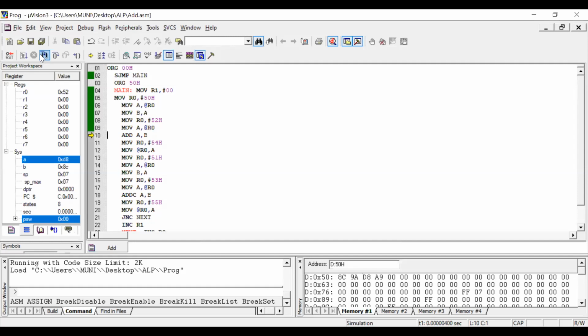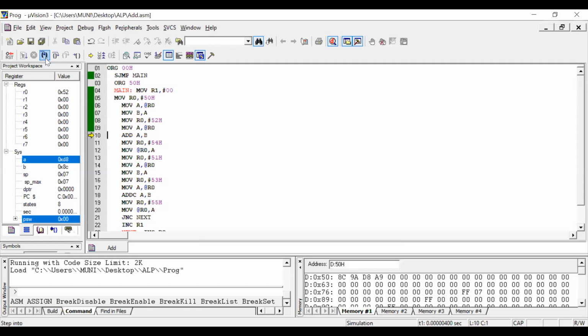Now perform addition between D8 and the second one, 8C. We already performed D8 and 8C. Result is 64, carry is 1. After completion of this addition operation, the result is 64. That 64 is copied into the accumulator and the carry flag is set.